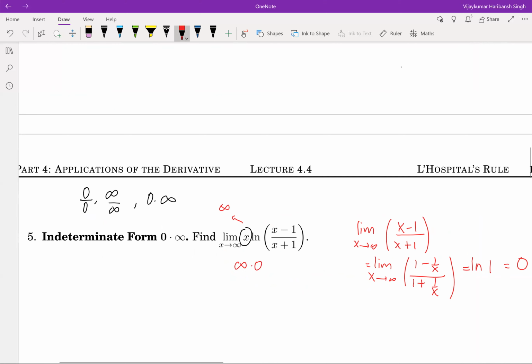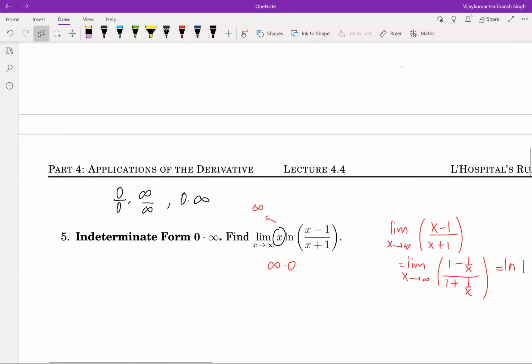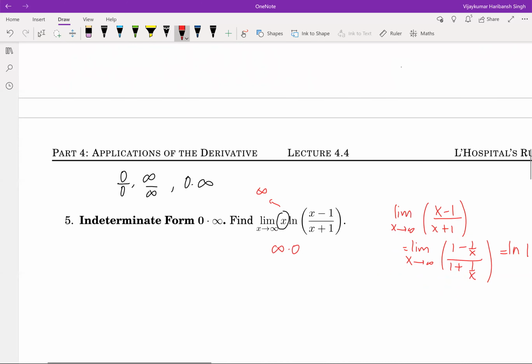Infinity times 0, the same thing, right? Now we can apply L'Hopital's rule, but for L'Hopital's rule, we need a fraction. So let's say this limit as x goes to infinity. Now we'll keep one on the top and the other one in the bottom. Which one? That is totally up to you. So let's say we'll keep